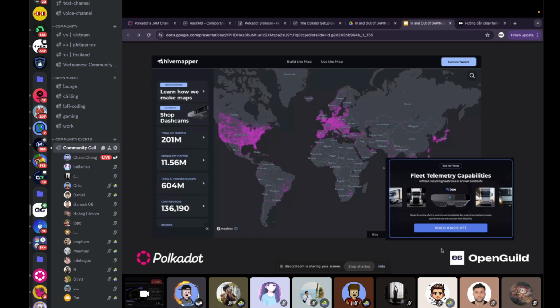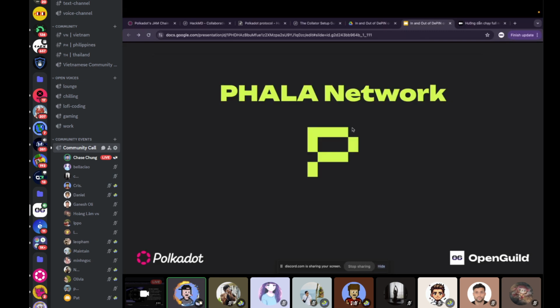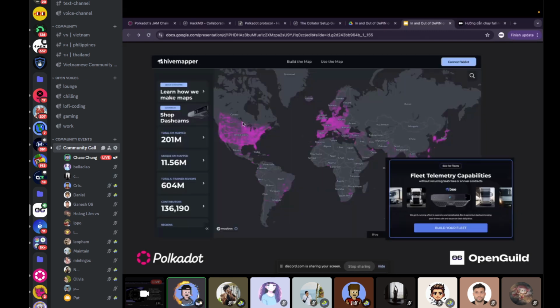In that way you become a contributor to the whole network, and you can see the map right here, where everything shown is locations that have been mapped into the Hive Mapper network. It's quite impressive, because doing this without a specific data center, just by applying blockchain technology, is quite insane.